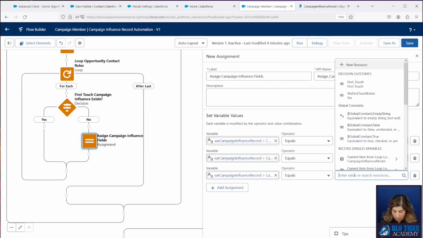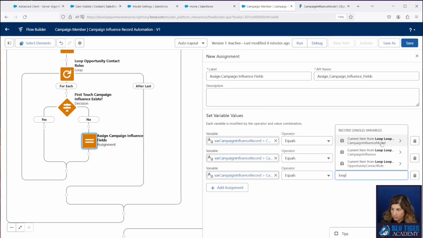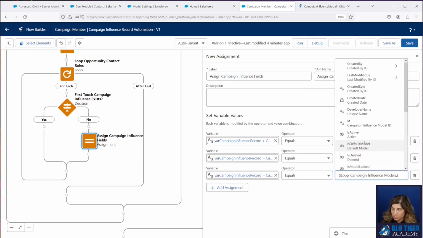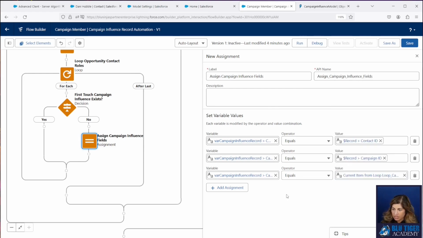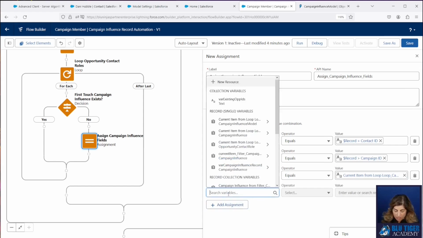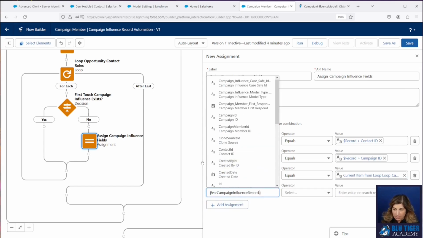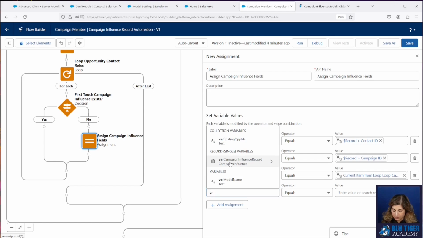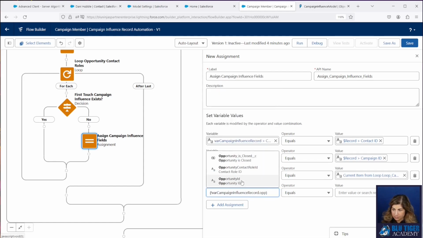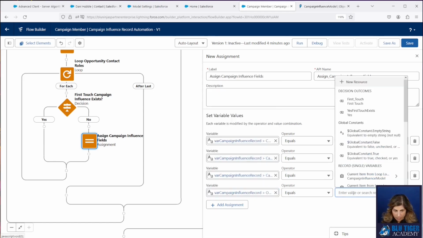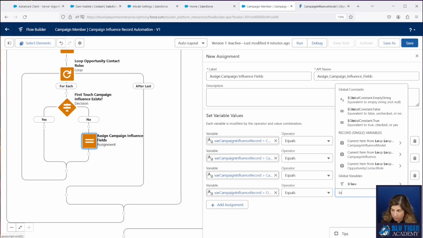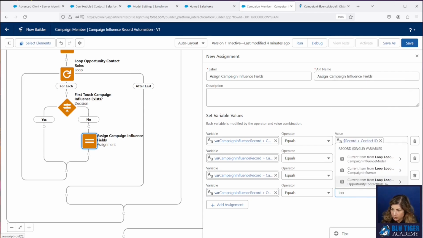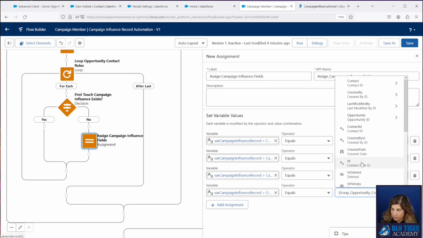And that's going to come from the current item in the loop from the campaign influence model loop. So we'll select the ID right there. And then last, we're going to assign the opportunity ID. And that's going to come from the current loop of the opportunity contact role.